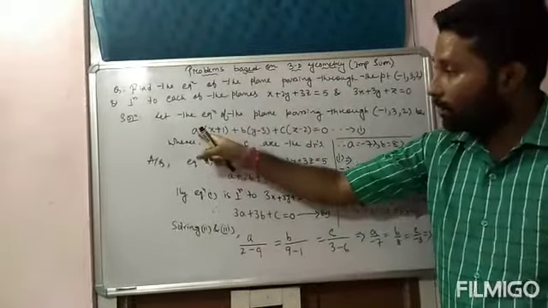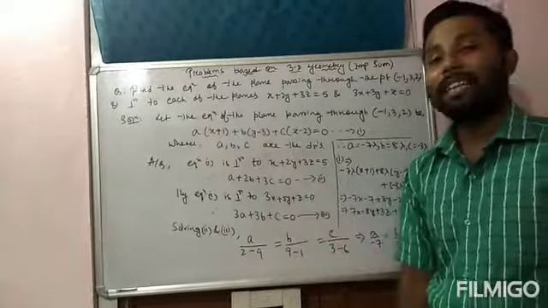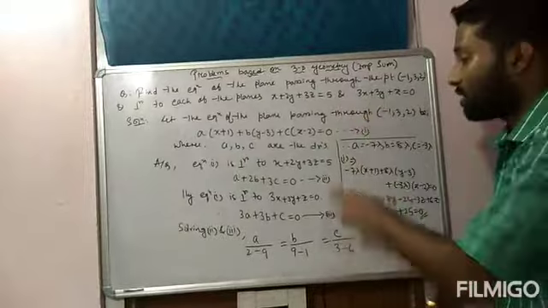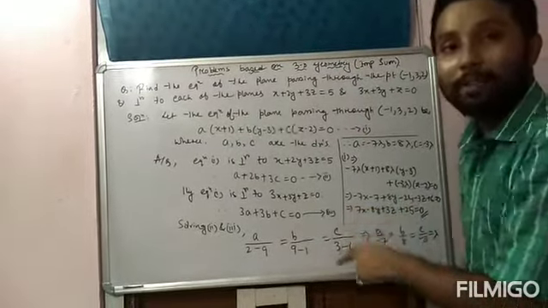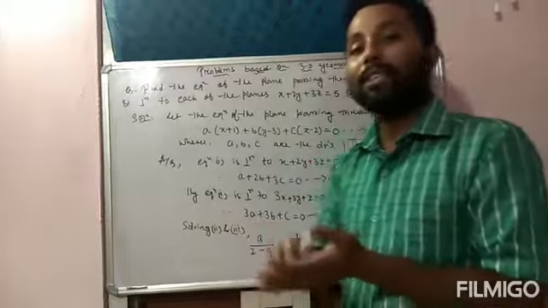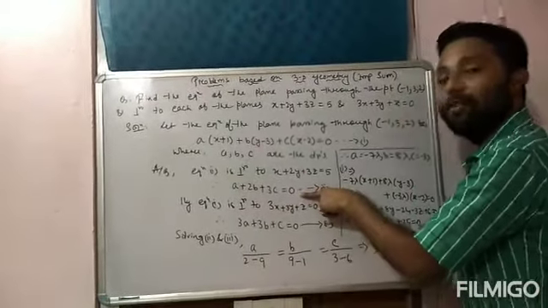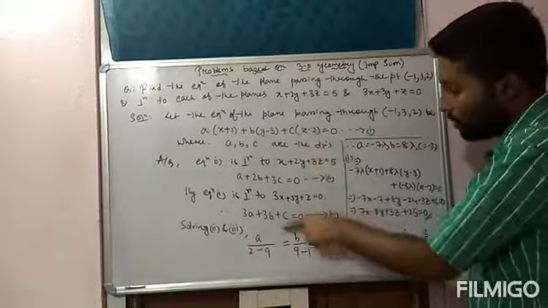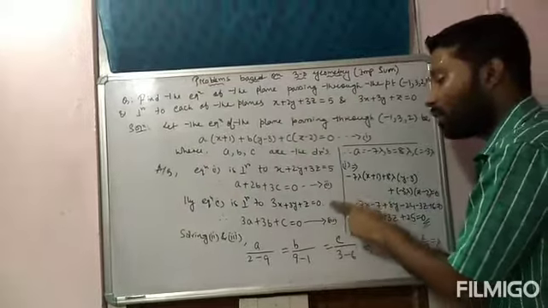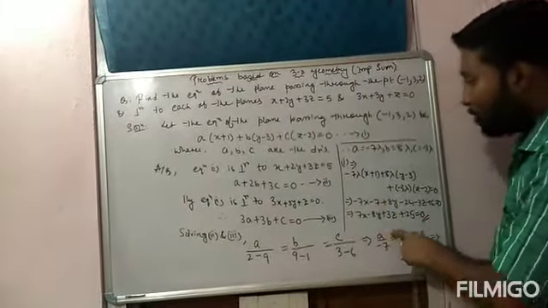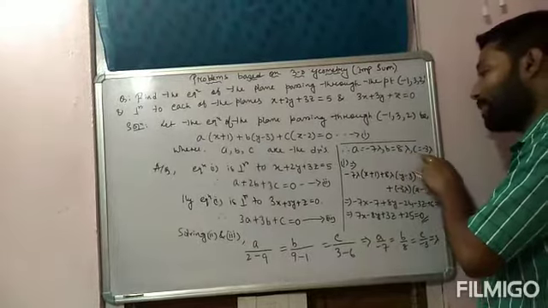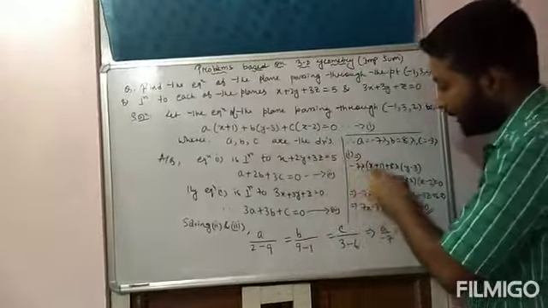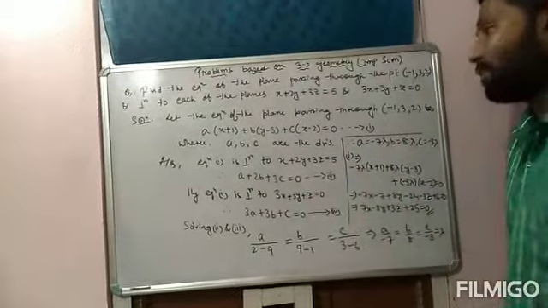Okay, from this equation we can say that a, b, c are the direction ratios and this equation is perpendicular to these two planes. So after that I am using the condition of perpendicularity, a1 a2 plus b1 b2 plus c1 c2 equal to 0, करने से ये इक्वेशन 2 मिला. Similarly equation 1 is perpendicular to the third plane also, वहां से भी और एक इक्वेशन मिला. So after solving 2 and 3 I got a equal to minus 7 lambda, b equal to 8 lambda, c equal to minus 3 lambda. Then put all these values in the first equation, take out lambda and then expand it, you'll get the required answer.